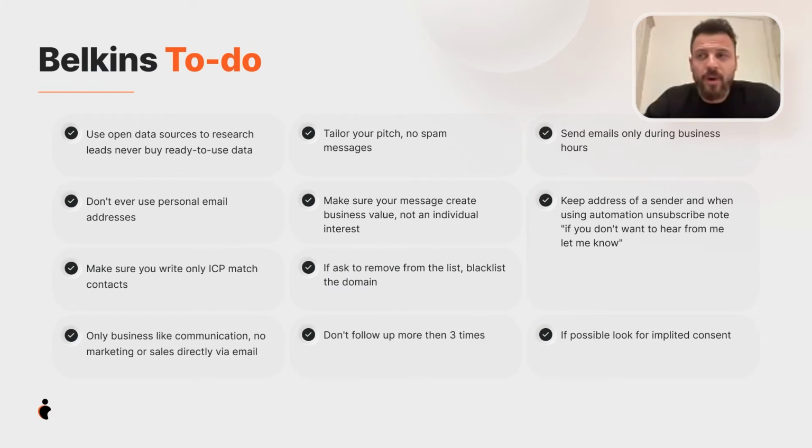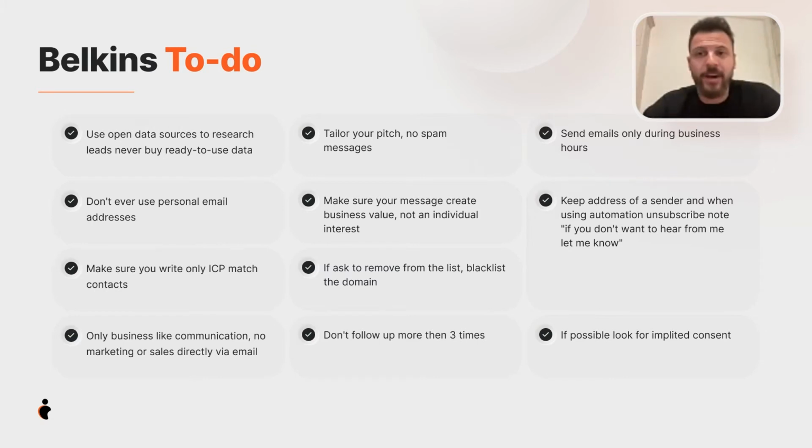So if you are using any of the tools out there that have a ready-to-use list, it means the quality of the leads will be questionable, just because they cannot update data on a daily basis. But still, we should use those tools, because if we need access to leads quickly, if we need a lot of leads, and if we need to give something to our sales team for outreach, and we need it for yesterday, then we can use those, right?